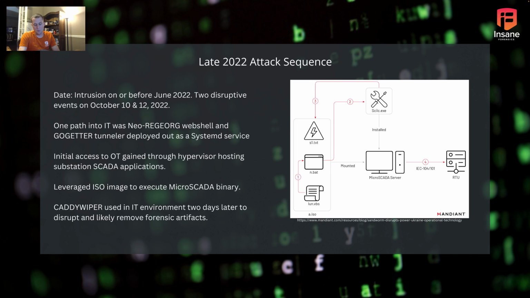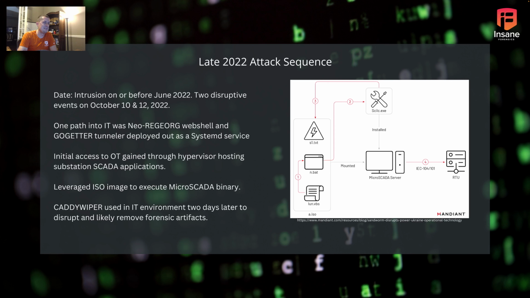Again, it's hard to say, was that intrusion in June the one to where they got in, or was that just another intrusion? You never know, right? When you're doing incident response, you're only really acting off the data that you can collect and process and what you see in there. But again, that's what we know from the Mandiant report.